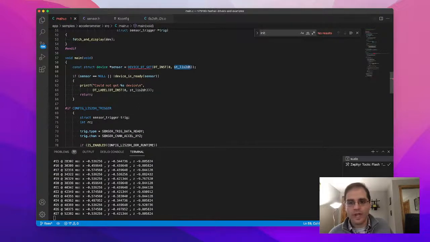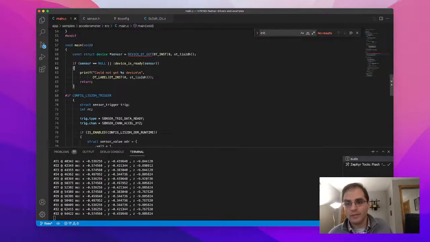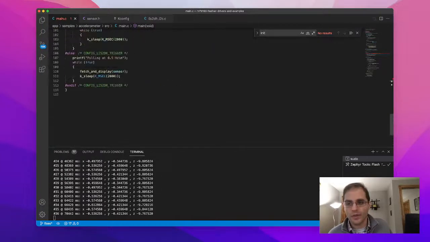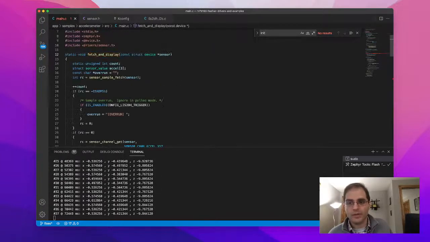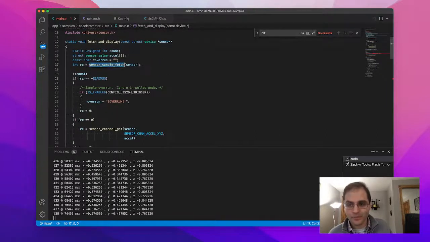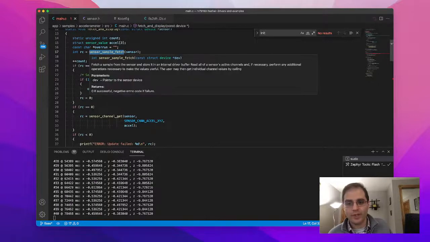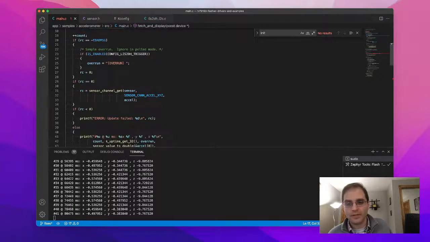What's happening here, that's already been called in the back end when the device is actually turning on. So all we're doing is just getting a reference to that device so we can actually do things with it. So we're just checking if it's ready. We're making sure that's not null, and then depending on the situation, again, we're using this fetch and display function. So we're fetching, and then as long as that's successful, we'll get this data using the channel get,